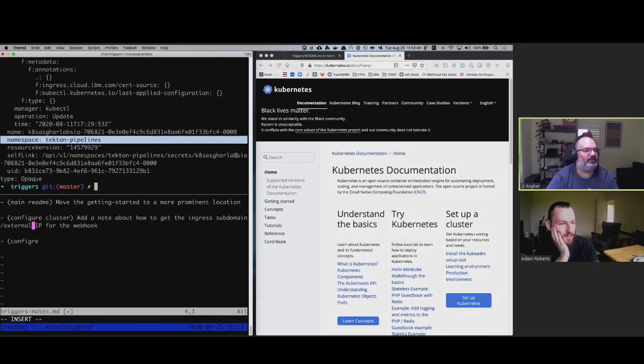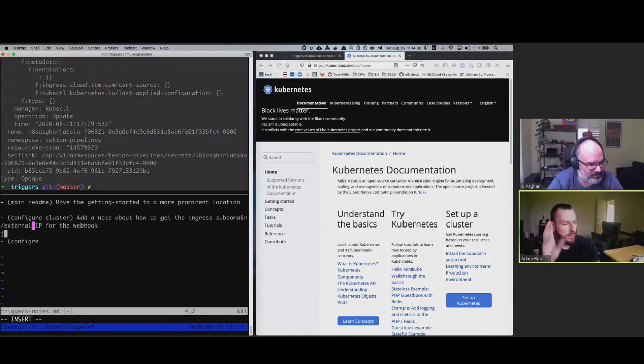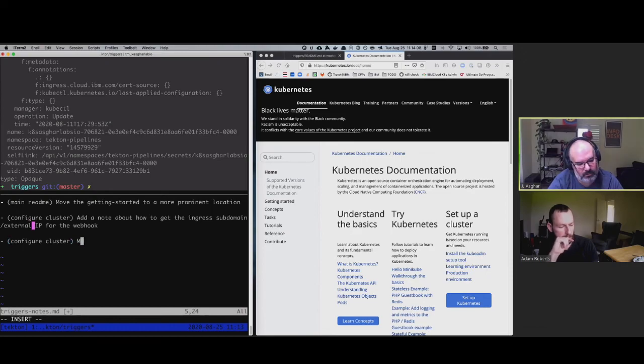Yeah, so it is bound by namespace. So you do have to export it and then import it. Somebody lied to me then. I swear. Okay, so we need to make a note of the secret name or the secret value. Yep. Configure cluster, make note of secret